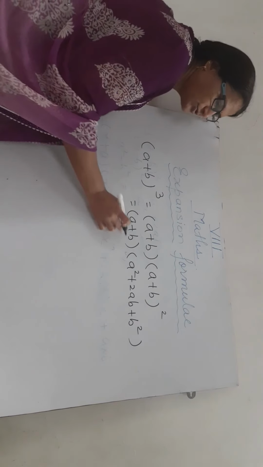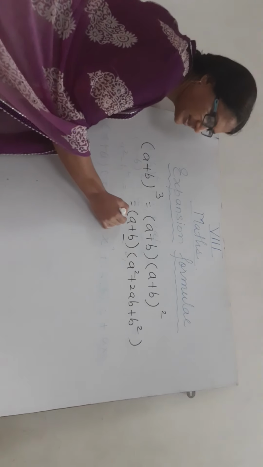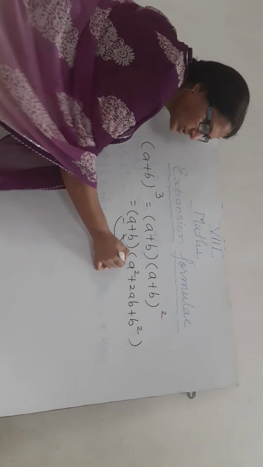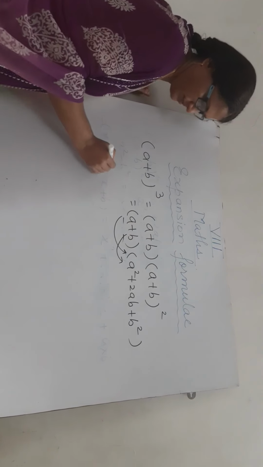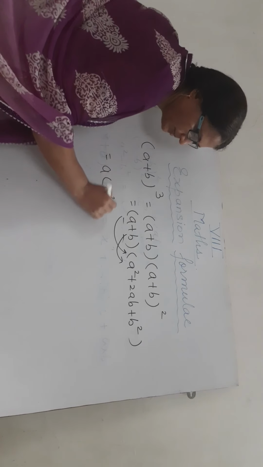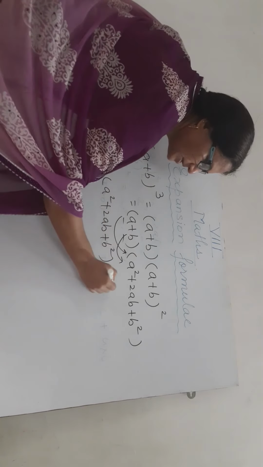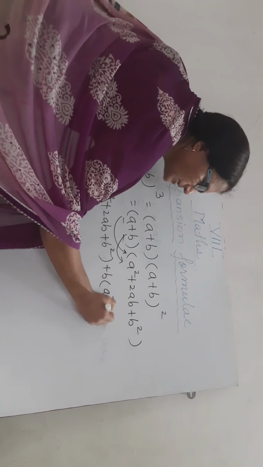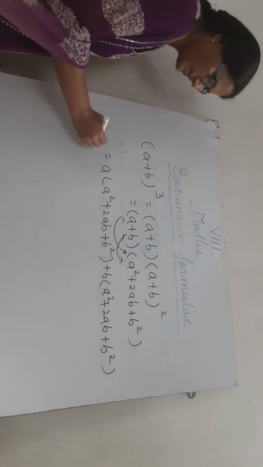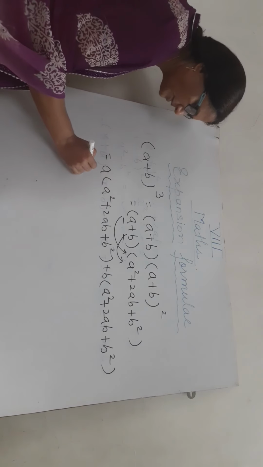Now multiplication of two brackets at a time is not possible, so break this bracket into parts. First take multiplication with a to the second bracket, then multiplication with b to the second bracket. So a multiplied by (a square plus twice ab plus b square) plus b multiplied by (a square plus twice ab plus b square). Open the bracket: a multiplied by a square is a cube, or you can write a multiplied by a square in this form,